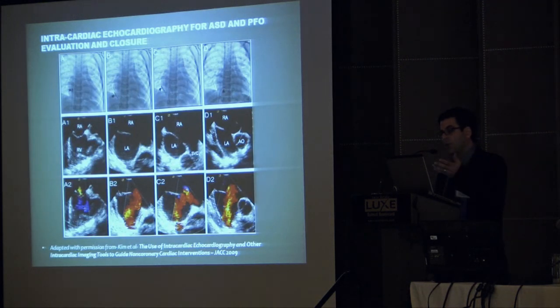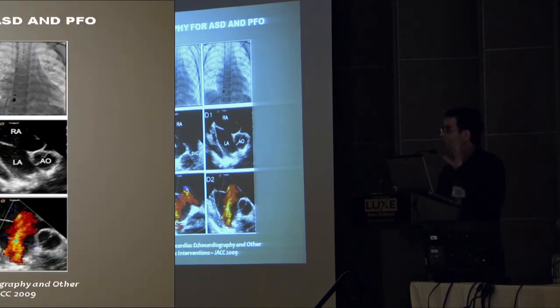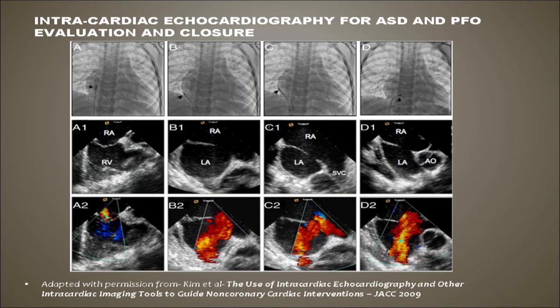We also use intracardiac echo for predominantly ASD, PFO evaluation. But I had a case about 2 weeks ago of a young woman with a ruptured sinus of Valsalva aneurysm, who I took to the cath lab to do a hemodynamic catheterization on before we sent her to surgery. And while we were there, I put up an intracardiac echo probe, and it's amazing what you can actually see. Looking up at the aortic valve, putting the probe into the right ventricle, looking up at the pulmonary valve,